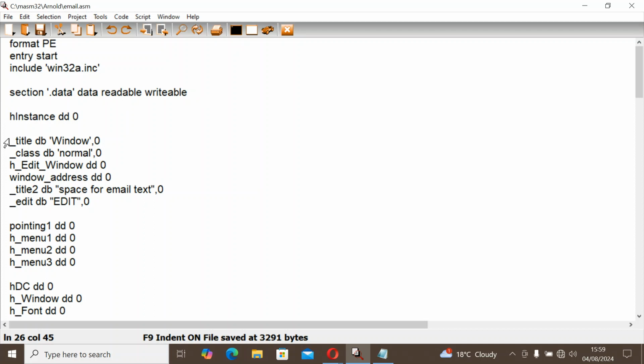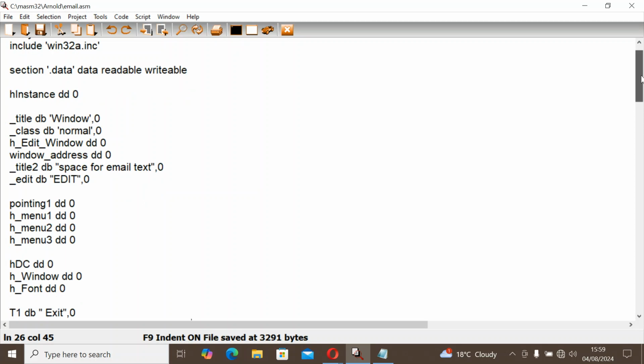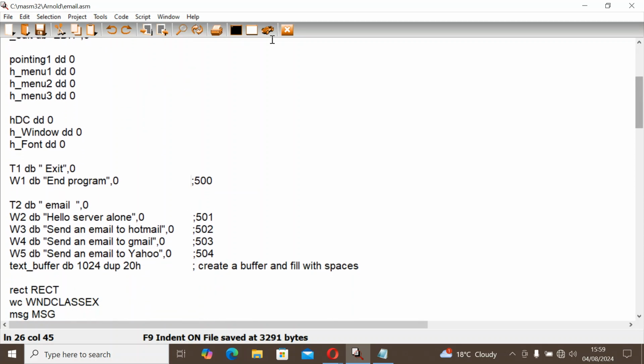Handle for the instance, your title of your class, your handle for your edit window, your window address, space for email text, title 2, edit for your edit window, pointing for your memory allocation, your handles to your three main menus, handle for your device context, handle for your window, handle for your font, your text for your menu, exit menu, end program, email menu,